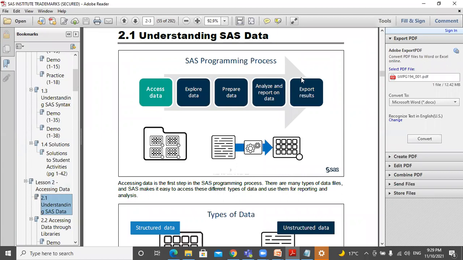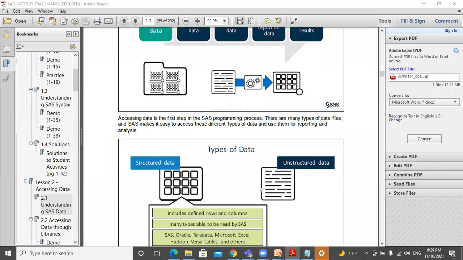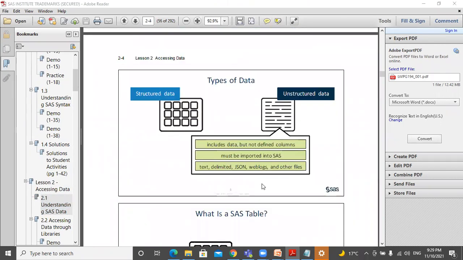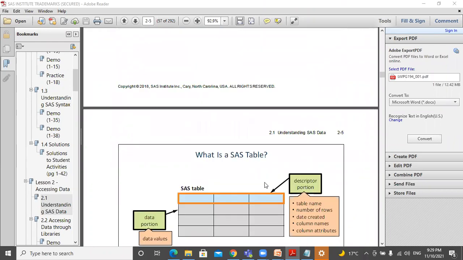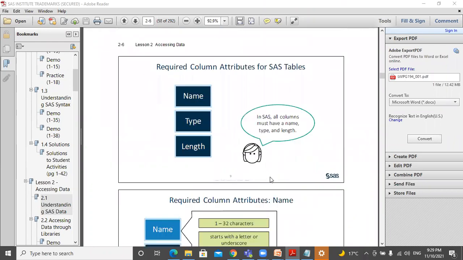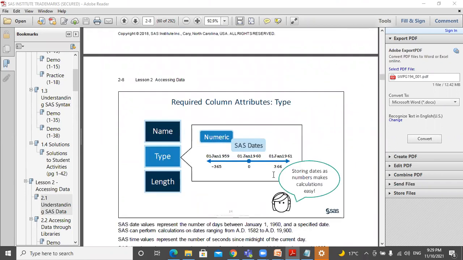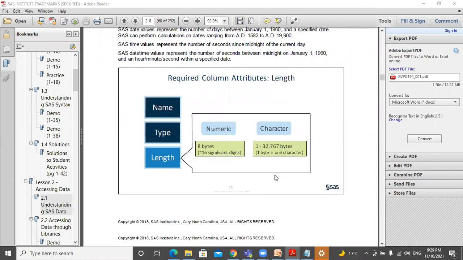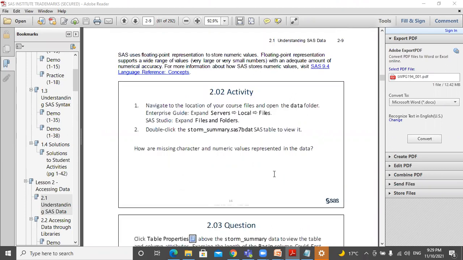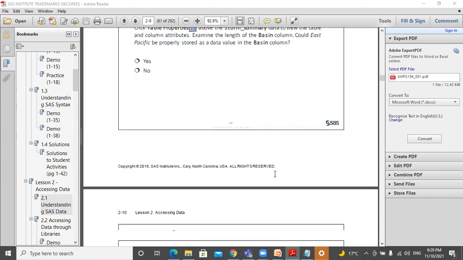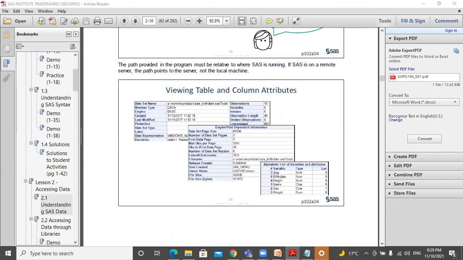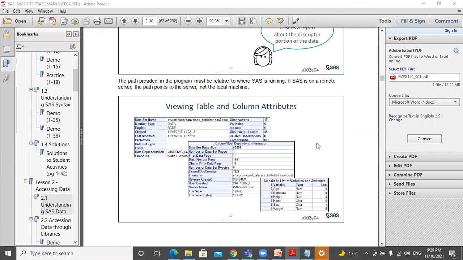So this is your PDF book, which also contains the slides and the information for us. Same thing we had seen, which is on slides, it's in your PDF. So it's going to be a reference guide for you. Whenever you are practicing or self-studying, this is going to be a very useful book for you. All right, so this is how it was describing our proc contents.